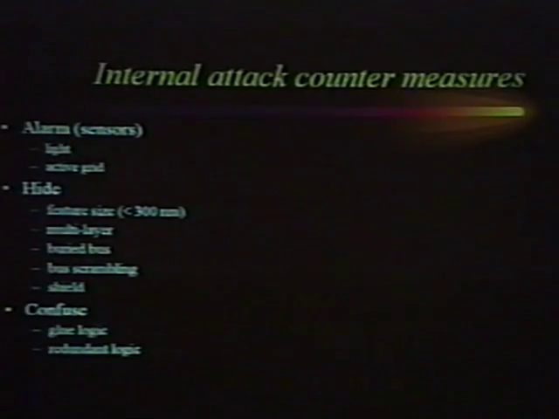Also in terms of confusing, we can do quite a few things. When we looked upon the chip a couple of slides back, we could very easily recognize all the functions in the chip. For the newest chips, that's much more difficult because they use so-called glue logic.